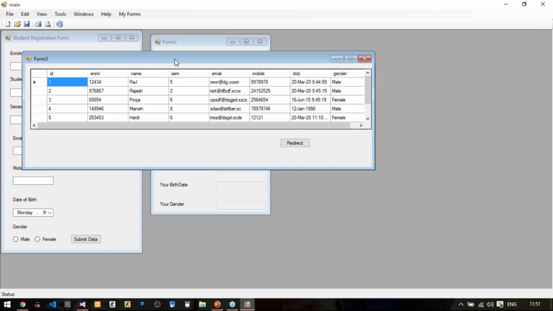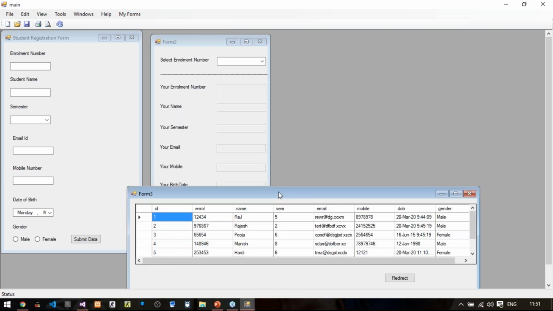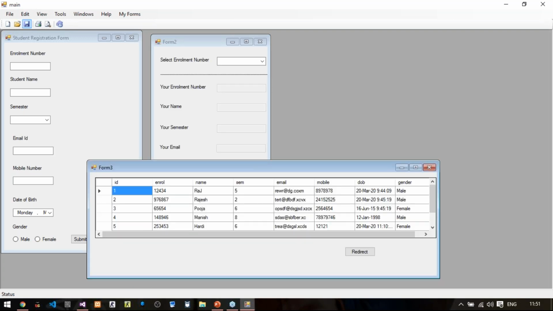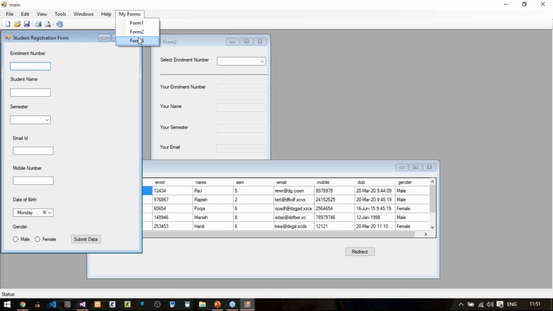Now there are many options. Let's say, for example, if I open the second form, the first form should get closed. If I click on form 3, form 1 and form 2, both must be closed. So that is all part of the coding part. I am not going to discuss this in depth right now, because you can learn it from Google directly. So I'm closing this form again.